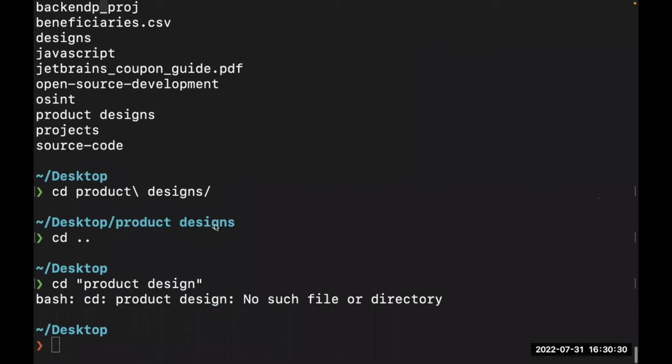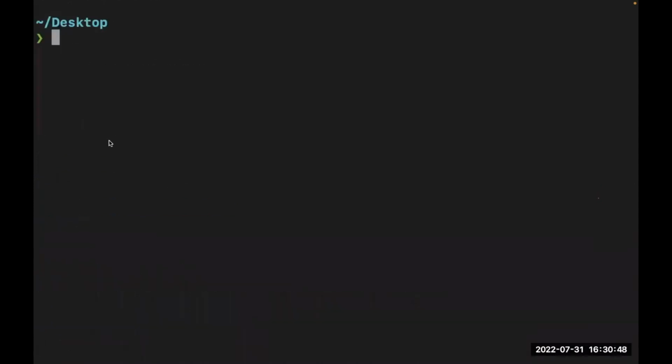So let's proceed. Someone said you use cd minus and then cd dot dot. Oh yeah, basically they do the same thing. I would say I am personally very used to cd dot dot. So yeah, they do the same thing. Let's proceed. I'm going to clear this again. All right. So that is for changing directory.